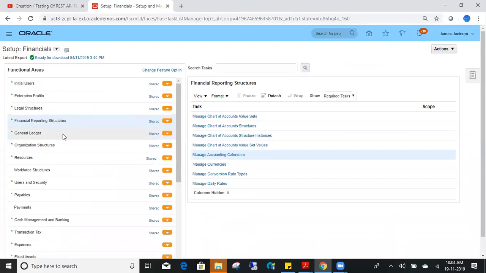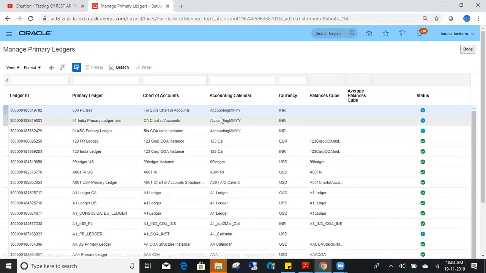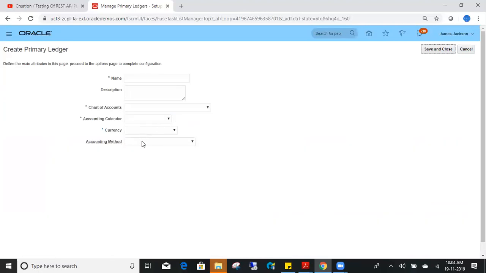So let us see. I want to create a primary ledger. That means I'm creating a general ledger now. Okay, so add general ledger. Here you are able to see the currency and accounting method. Chart of accounts we have created, right? It is showing here: accounting method, currency, chart of accounts and the accounting calendar. So all the setups we did, right? The current primary ledger I'm making as MA US